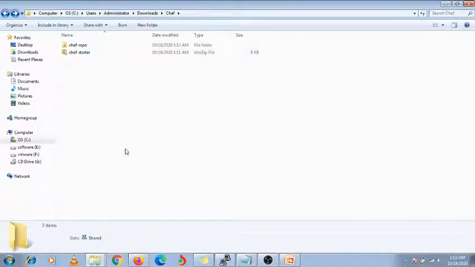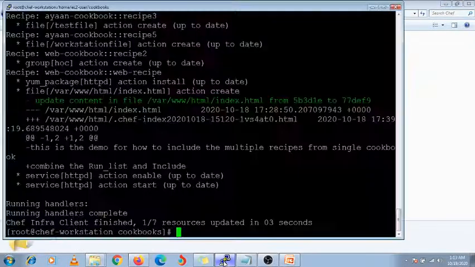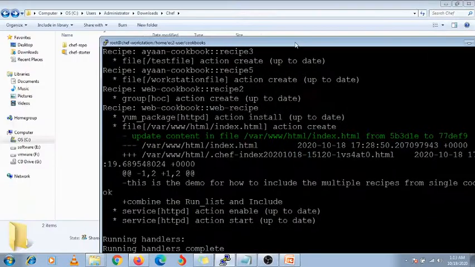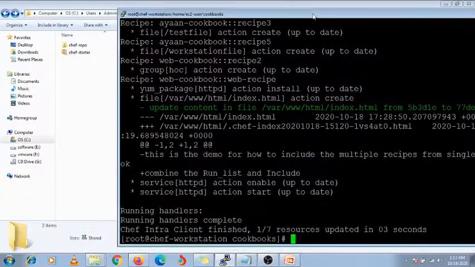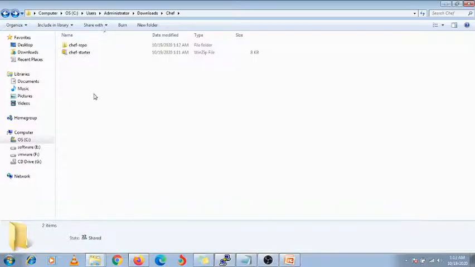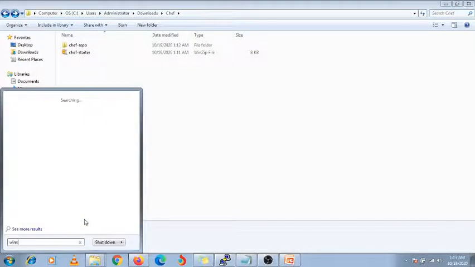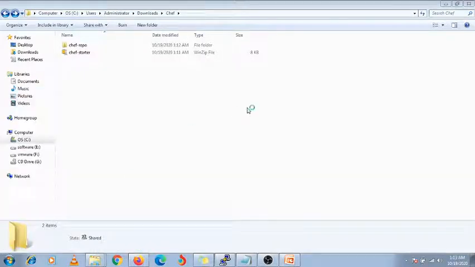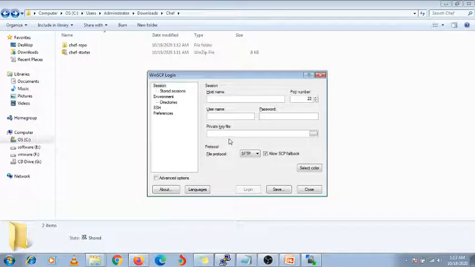under your Linux machine. So this is my Linux machine, this is my workstation. I'm going to copy it using this WinSCP software. This WinSCP software we can basically use to upload and download files or directories from your local machine to your Linux machine.